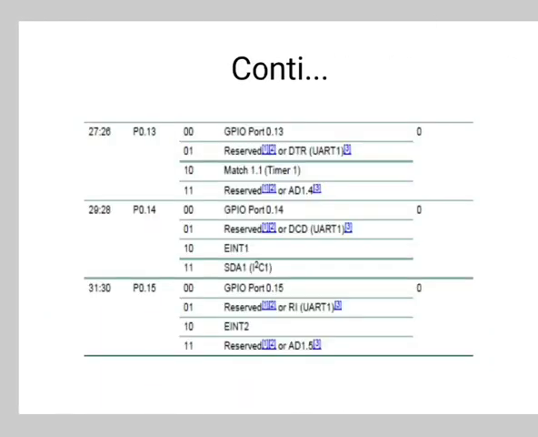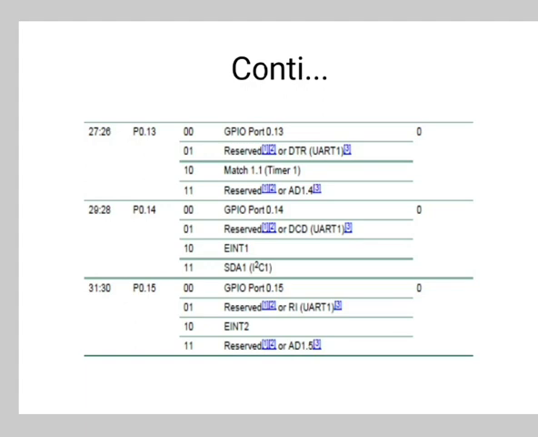And we will see the last two, that is bits 29:28. For 00 it is GPIO port 0.14. For 00, all the bits have continuous values, that is GPIO port 0.1, 0.2, 0.3, 4, 5 and so on.